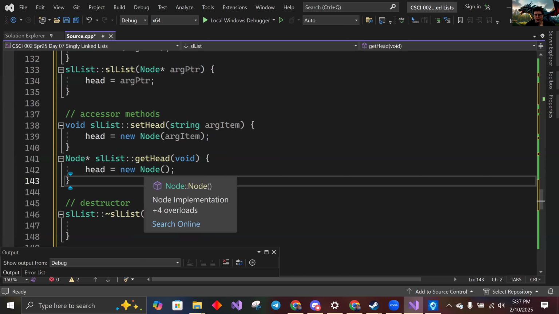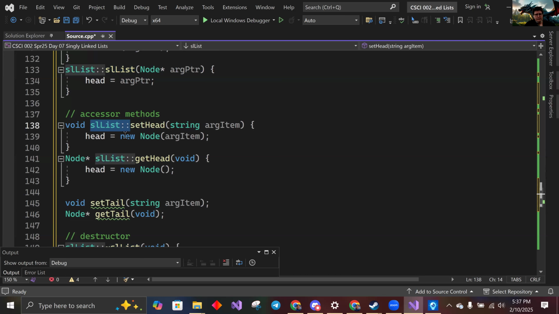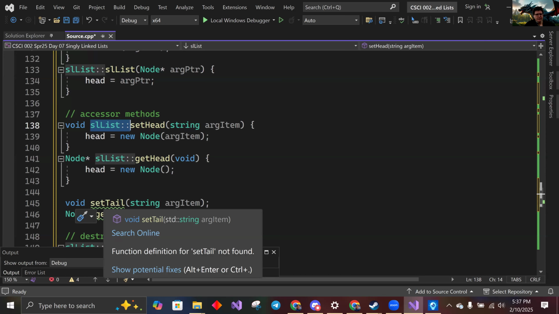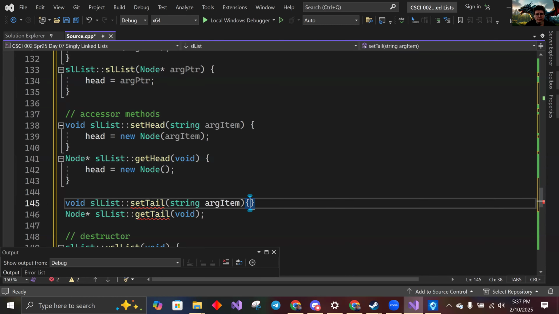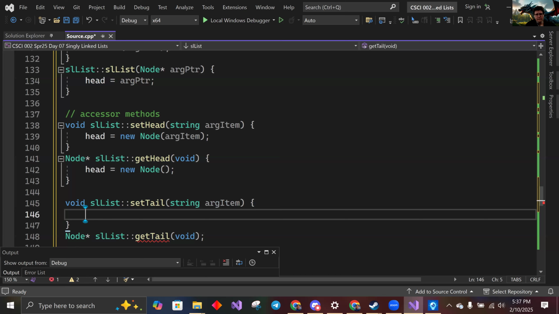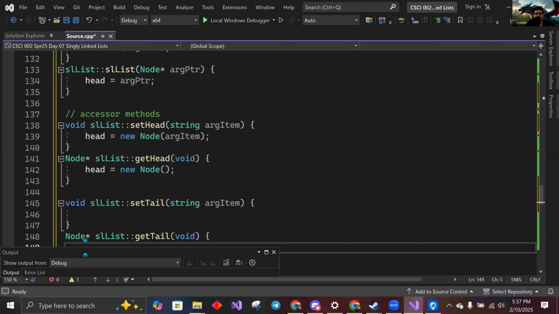Put that below our, if it's there, we got to do our scope resolution. So the set tail,